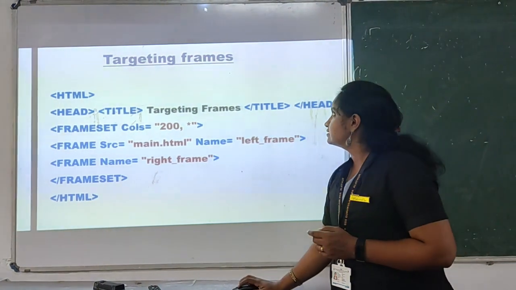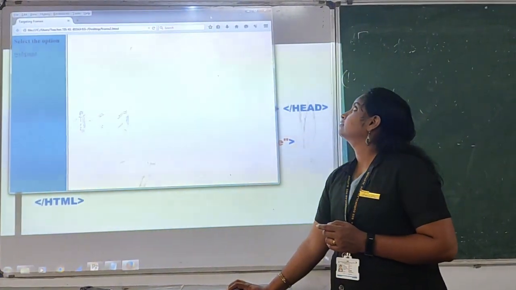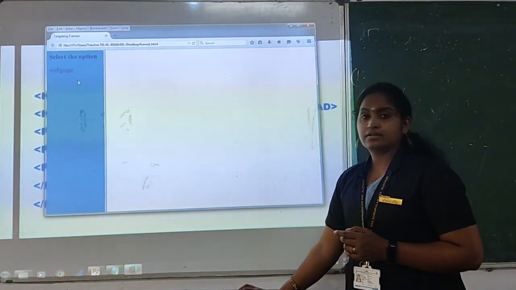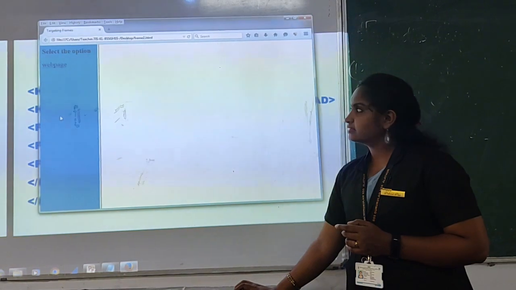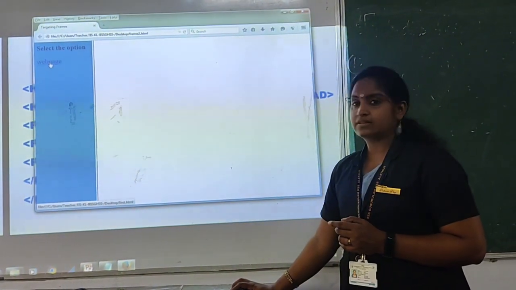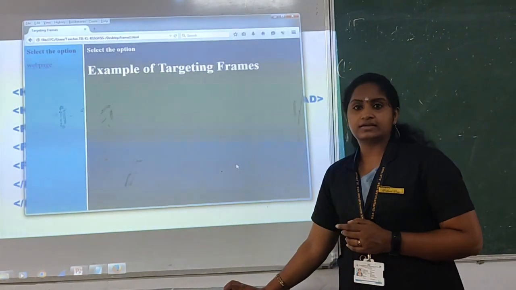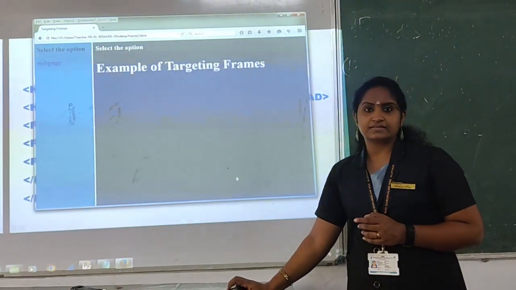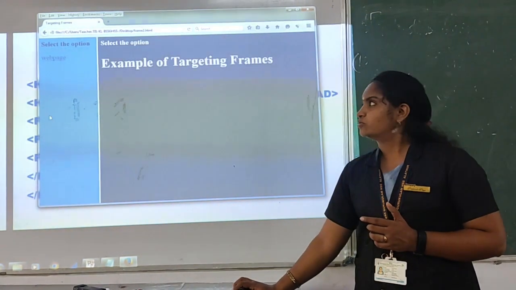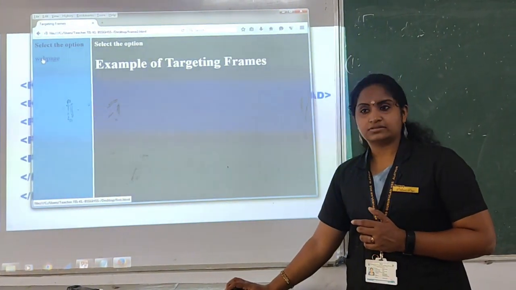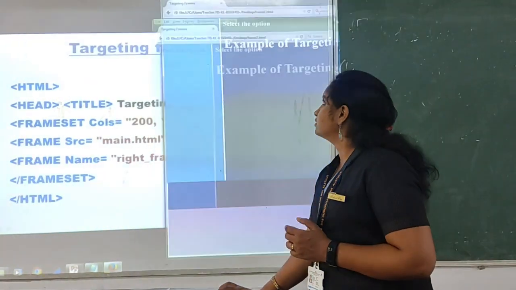Okay, let's see. Here you can see a web page. Here in the left side, I have given a link. Like this, you can sample. Here I am giving the web page. After clicking the web page, the details will be displayed here. Like this, you have the different options, history, profile. So these are the techniques displayed with this frame. Okay, and here I am giving the option.